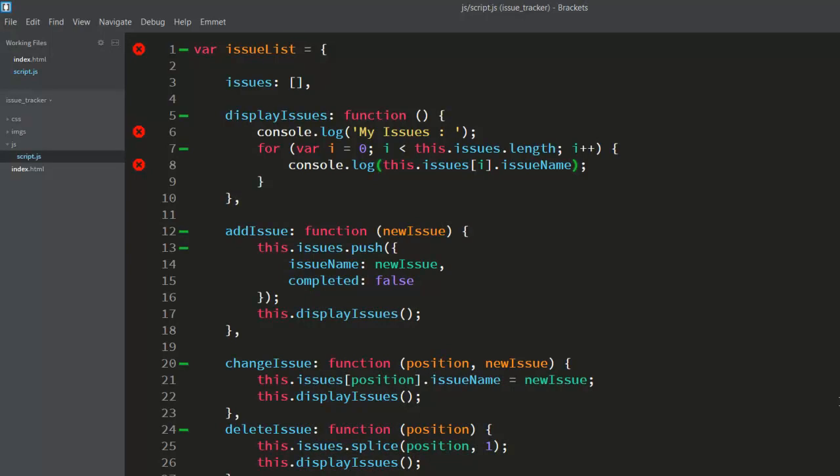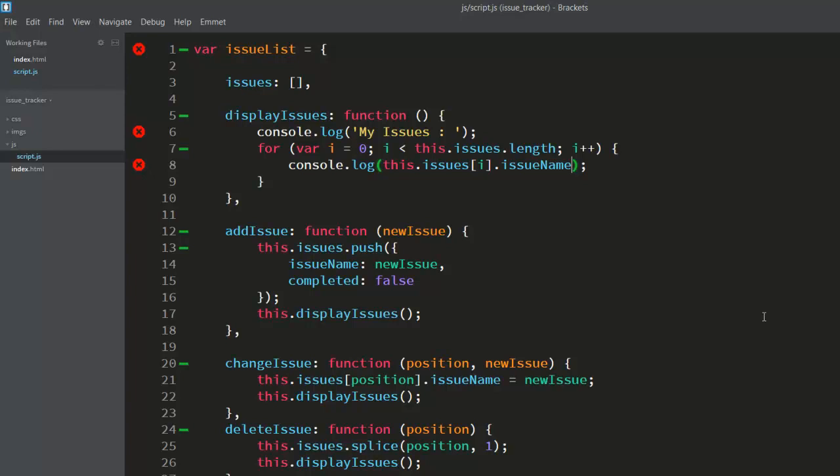Now my second requirement is that before you insert the issue name, or when you are displaying this particular thing, you need to check whether the issues array is going to have some data or not, right? Whether this issues array is going to have issues or not. And if it is not going to have issues, then you will be displaying that we do not have any issues available over here. So let me just give you the idea of how exactly you will be writing this particular code, and then you will be understanding this.